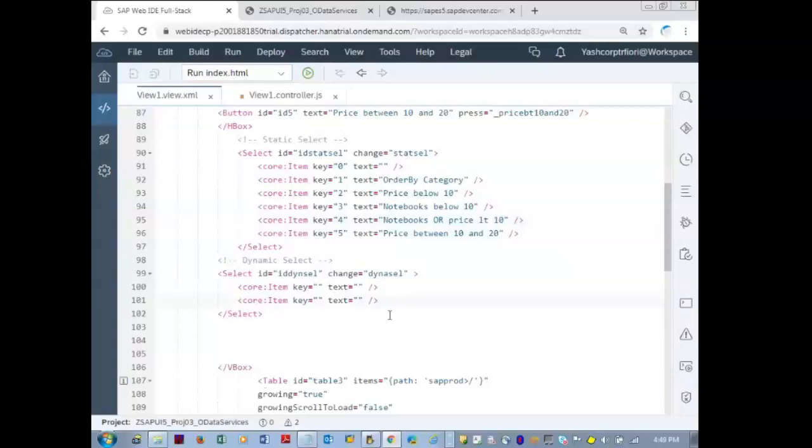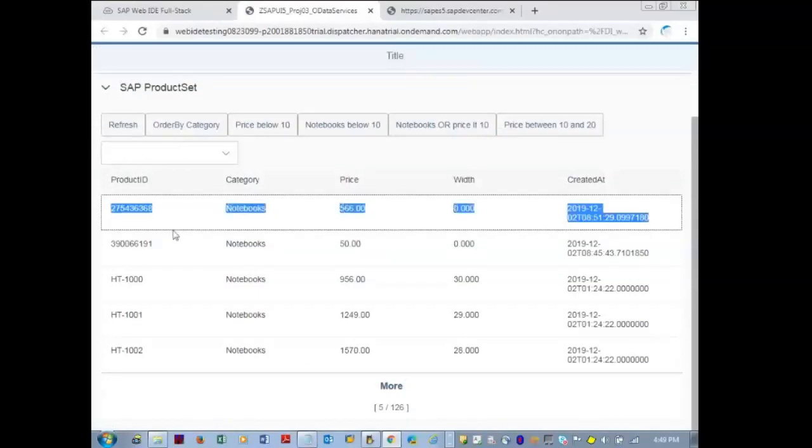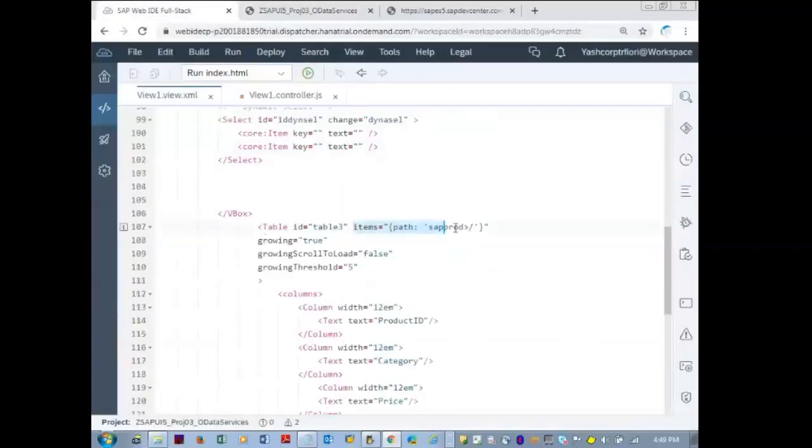In this table control, you are getting all the values here. The first row got filled, then it iterates to the next row. In the backend there is some for loop which is being executed continuously in the form of this items.